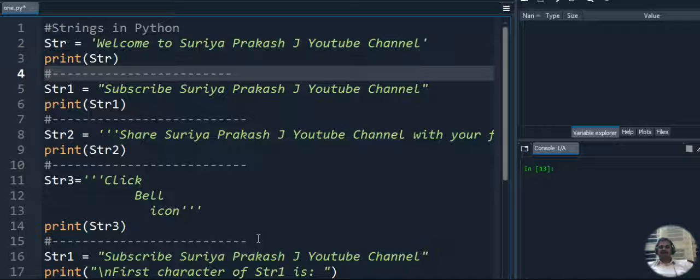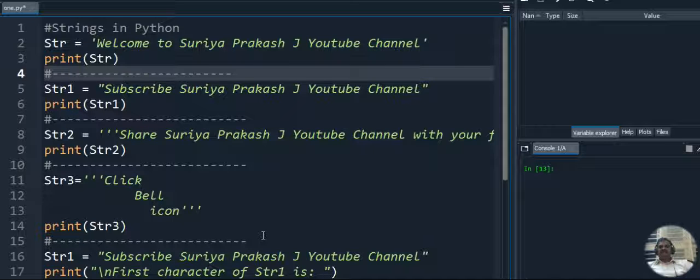We can split the string and display it in the same order also. These are all advantages of the Python programming language, and we can do a lot of string operations in Python programming.